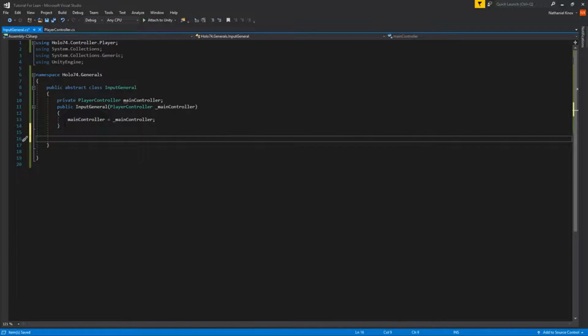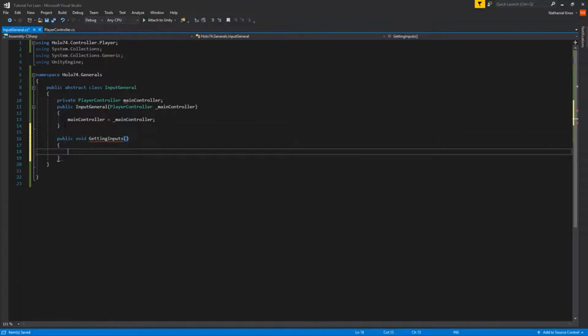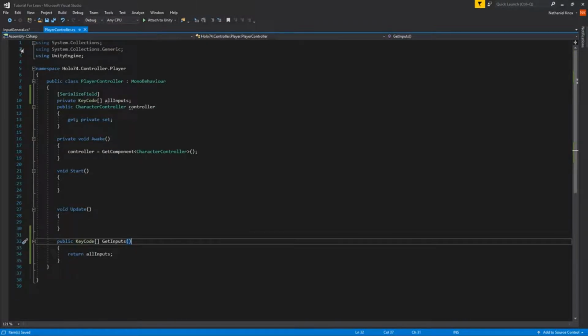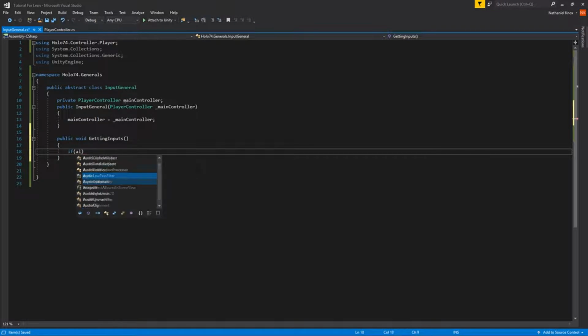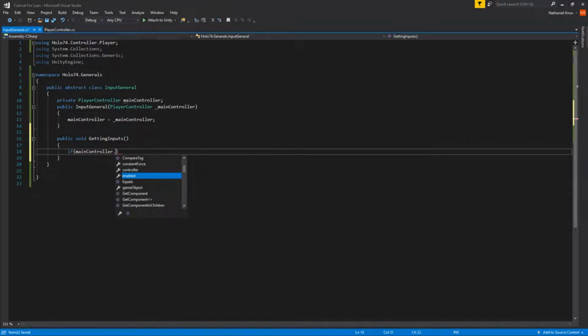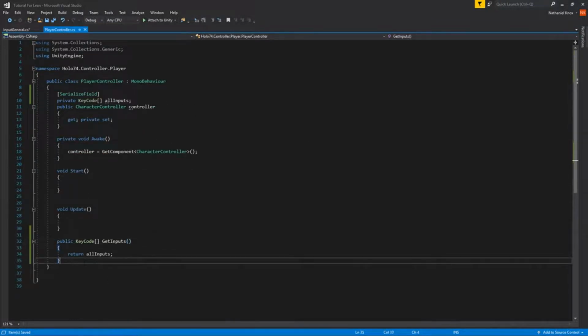So that way when we come down here and say public void getting inputs, we can just simply say if main controller dot get inputs. We can do this, or we can do